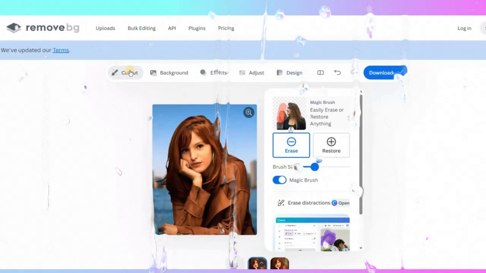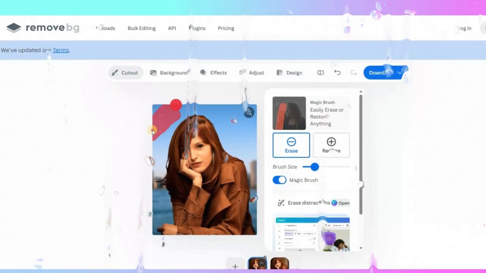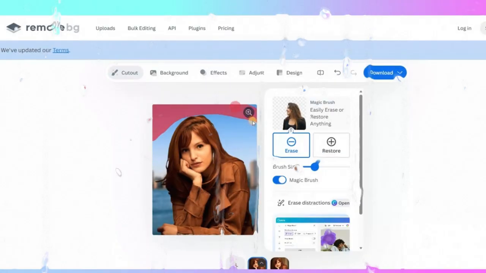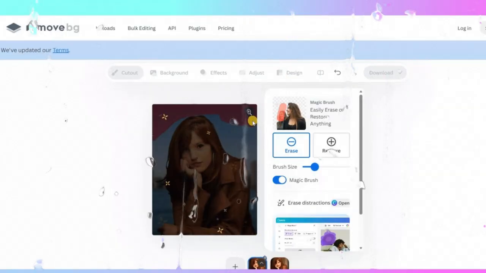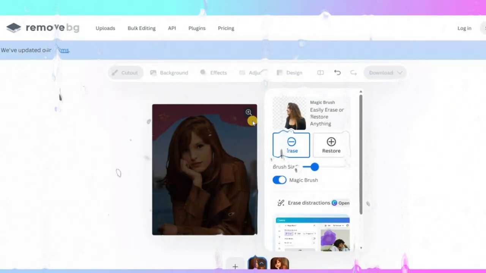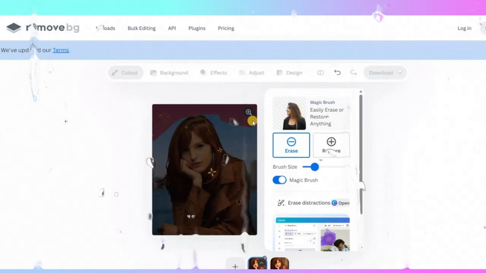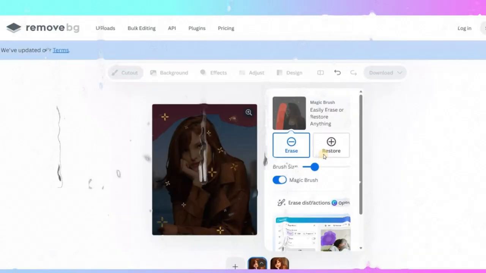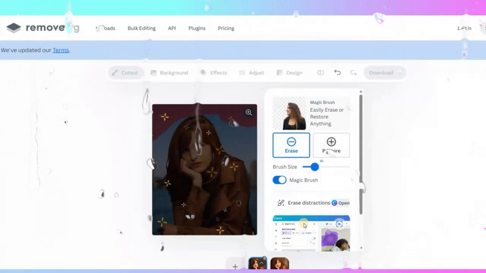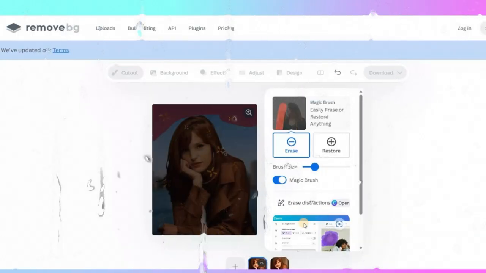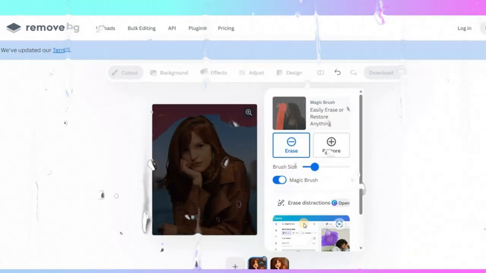But this tool is the best tool when it comes to background remover, or if you want to remove any elements from your background, you can simply do that from here. If you don't want unwanted things in your image, you can simply use this tool, and it automatically removes all the things that you don't want in that image. If you want to restore it, you can simply restore it and you will get that same thing back. So this is one of the most amazing tools when it comes to removing background, adding different backgrounds, and removing unnecessary elements.